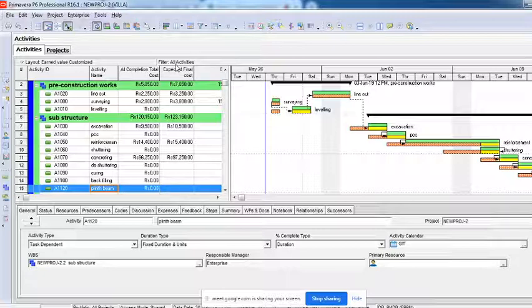I can add it equally or distribute it equally to all my activities. How you want to distribute is something you can decide. But this is the column I created, and I did not enter anything manually here. You can create your own formula and then add it.